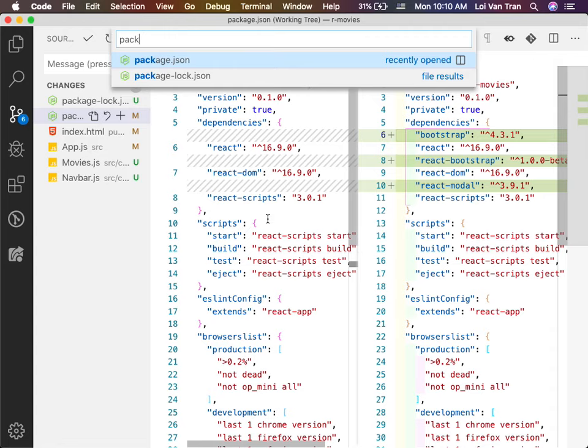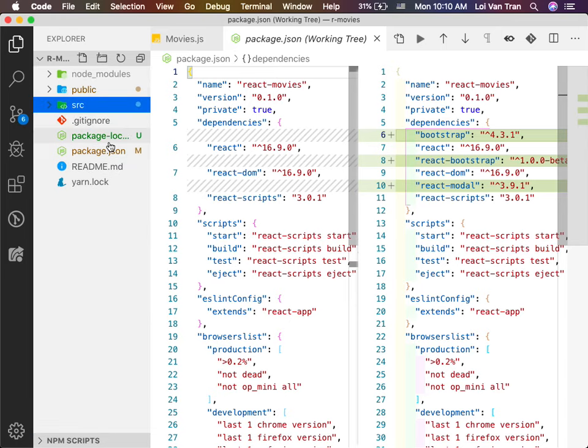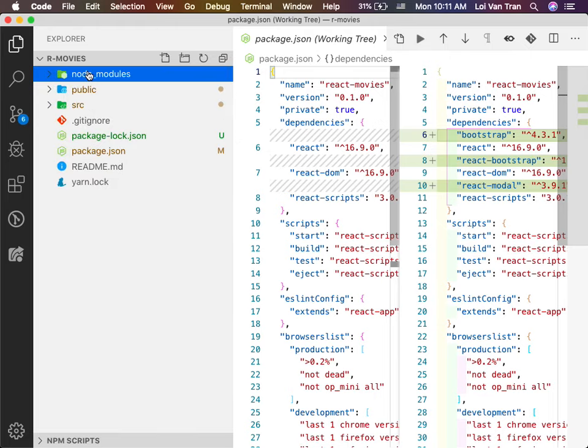Periodically, you guys will need to delete package lock. This one right here. You should never ever touch this file. Every now and then you need to delete it, and this folder right here, node modules. Certain bugs in the software will result in this. Just a high level overview of what it takes.